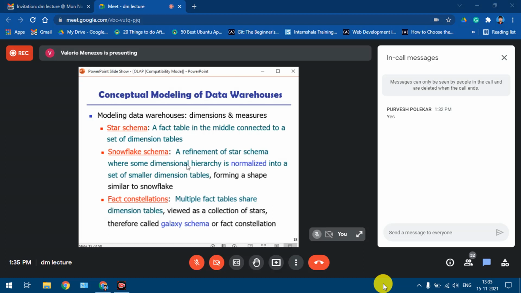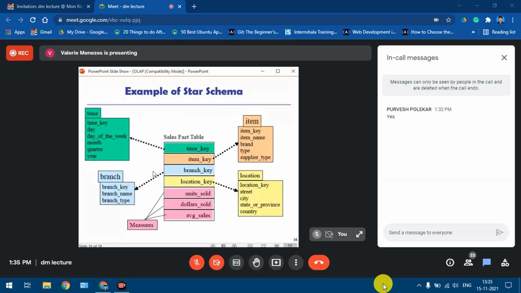So these are the three main types of schemas, and data which is stored in a warehouse would be employing any of these schemas to store the data. So over here, the first one is an example of a star schema. Now in the star schema, these tables, time, item, location, branch, are called our dimension tables, and they are linked to a single fact table by having each of the primary keys of the dimension table stored as a foreign key in the fact table.